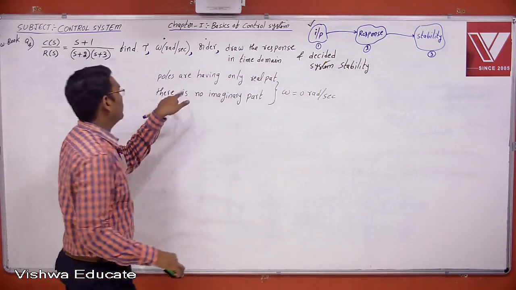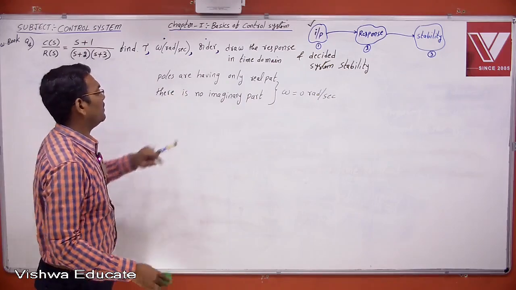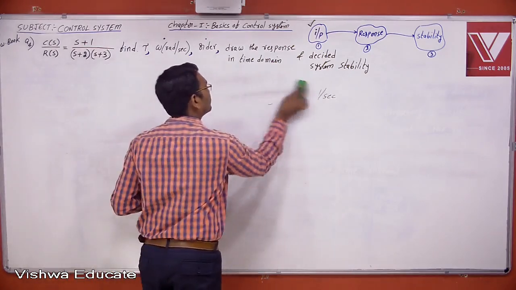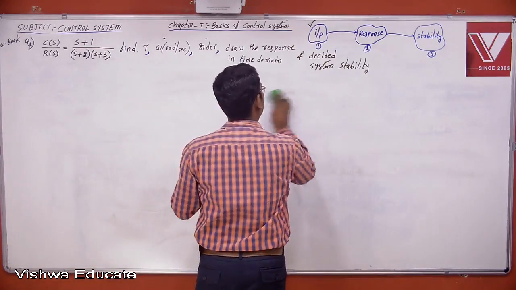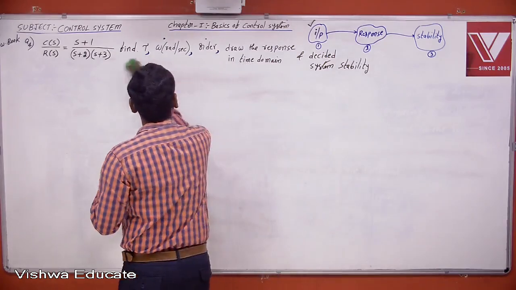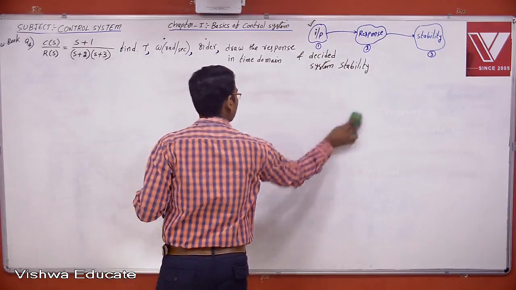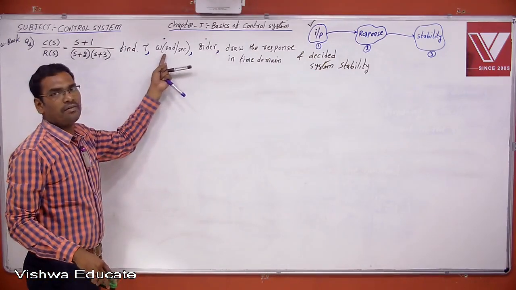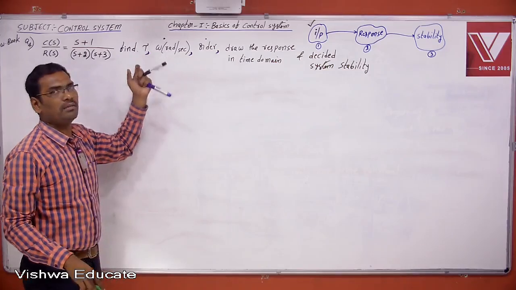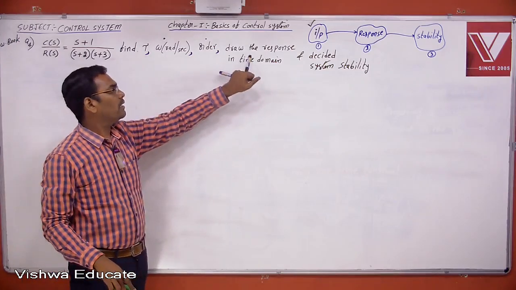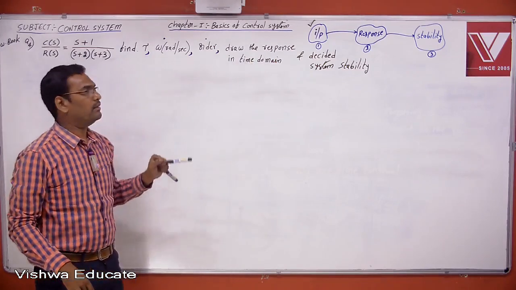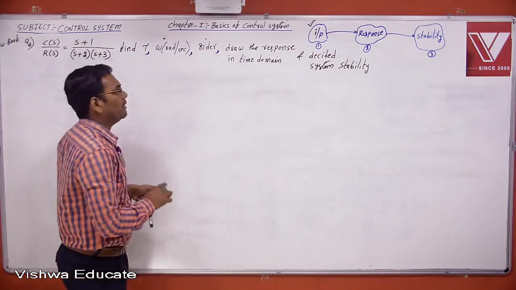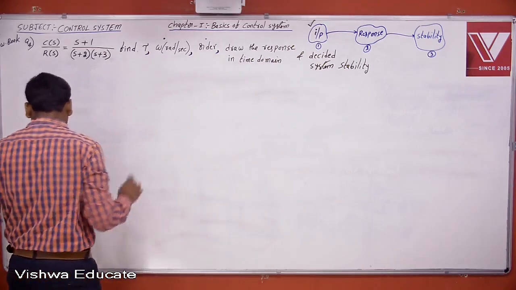So poles are having only real part, no imaginary part. Therefore, frequency of oscillation is 0 radians per second. Order is completed, frequency of oscillation is completed, time constant we have some confusion that we will see. Then he is saying draw the response in time domain. If you want to draw the response, from the response we can decide the system stability. Now in that concept we will finish this time constant also. Now see here,